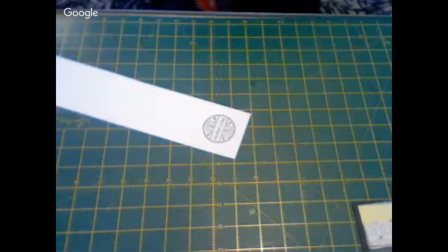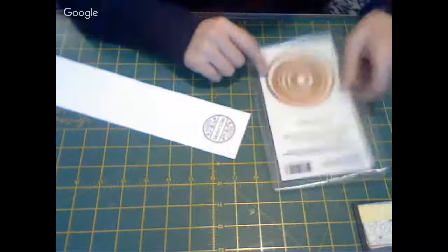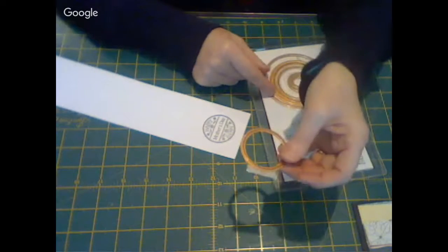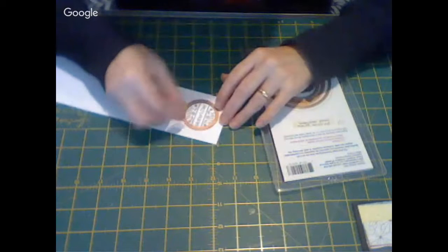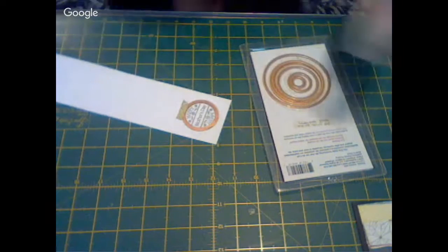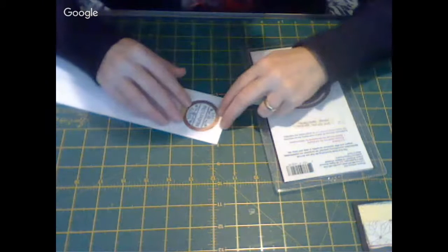And now I want my circle dies. 1, 2, 3. I've got it marked here with a bit of washi as to this is the one that fits on these. A little bit easier for me if I had a hand punch there, and I do have the hand punch size that fits these,